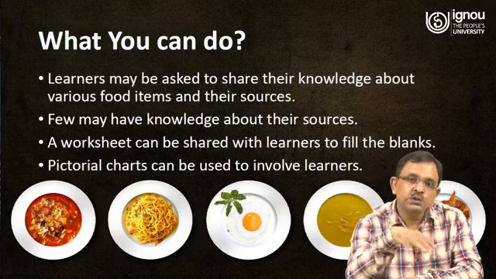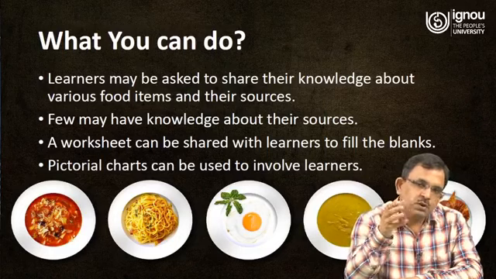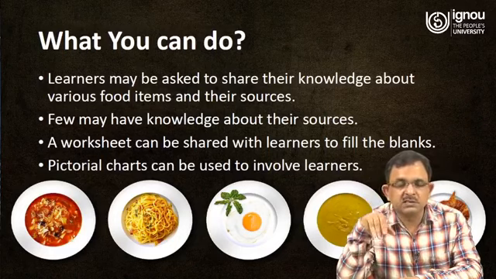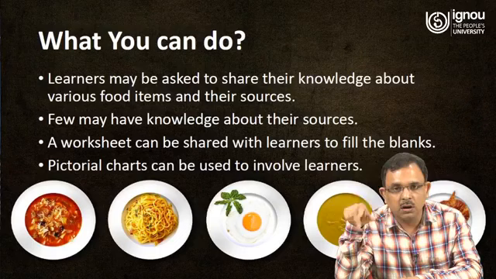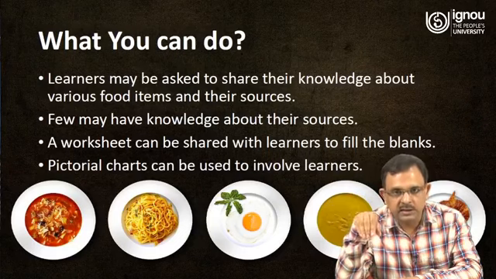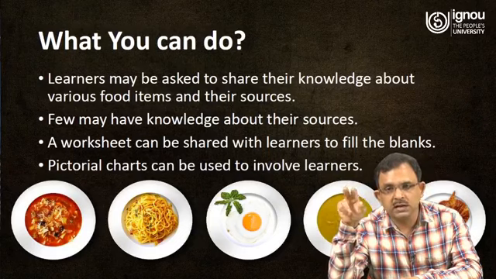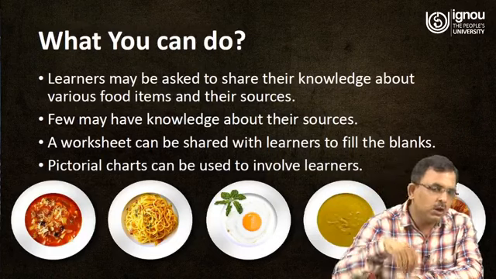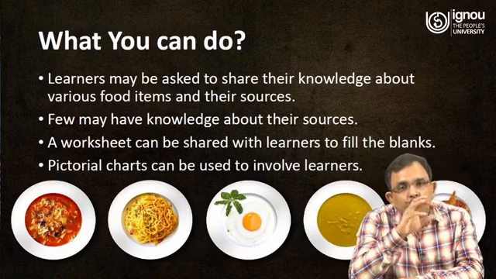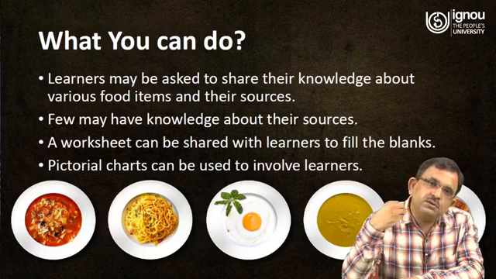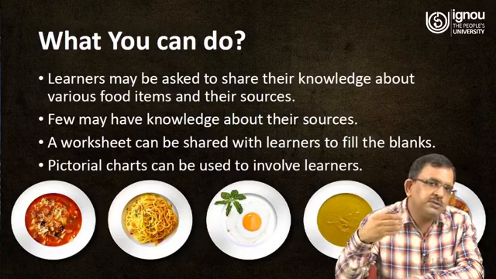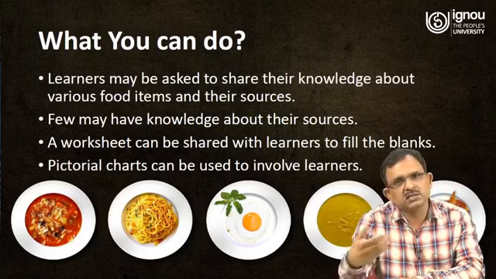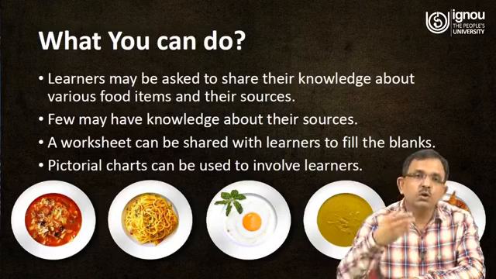Or you can use pictorial charts also, where on one side you can place the pictures of the food items, in another column you can ask your students what the ingredients are, and in the third column you can ask what nutrients are available in it. So, when you deal with this concept in your class, this concept is basically introduced at class 6, class 7 level, that is the starting of the upper primary level. So,